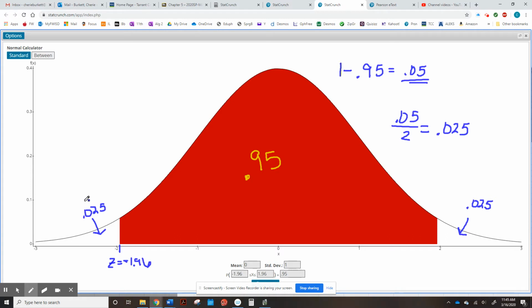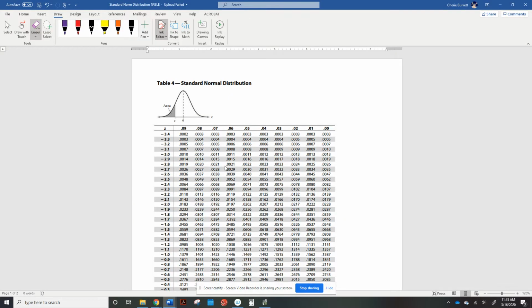But what I want to show you is that if you take this area right here, 0.025, and you go look on your table, 0.025 is not exactly on there. Oh wait, here it is, 0.025. 0.025 is right here. So you go over here, negative 1 point